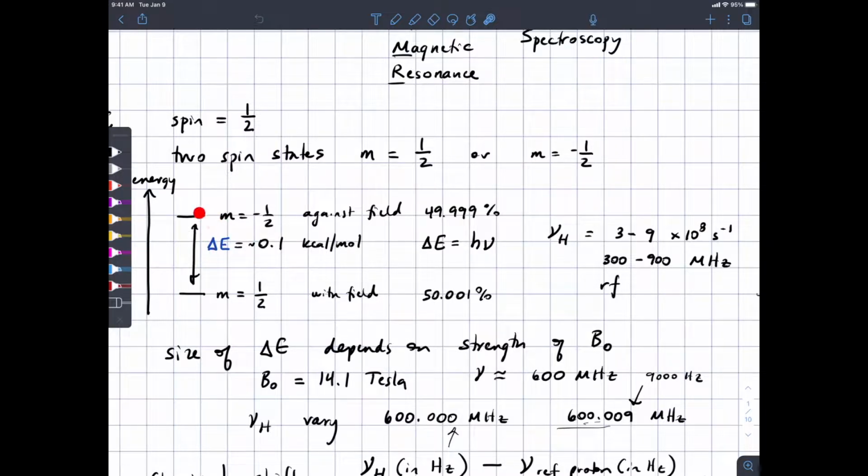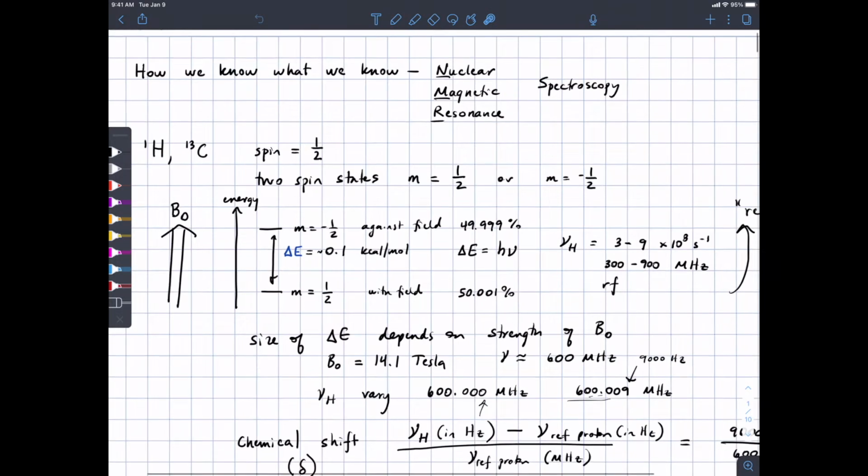The difference in energy between these two spin states depends on the strength of the magnetic field. The stronger the magnetic field, the bigger this difference, and so the larger the frequency. Of course, different universities have different spectrometers with different magnetic field strengths, and so to facilitate comparison from site to site,